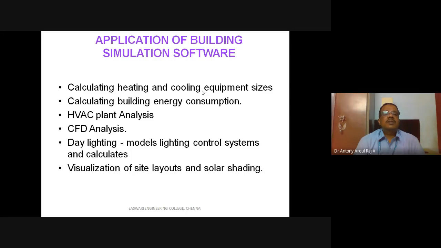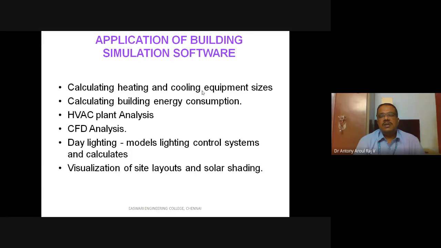Now it is available, you can do the CFD analysis. You can go for a daylighting model also, so you can plan for daylighting. You can do it year round, so that lighting is available. For us, it is not a problem. Year round we will be having lighting, but